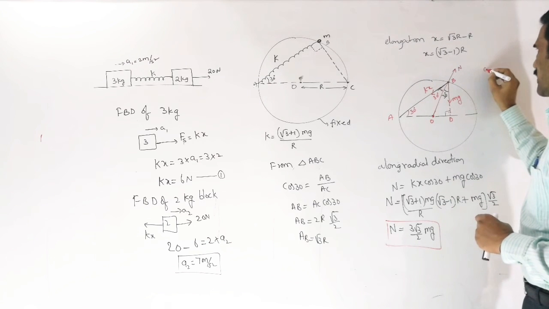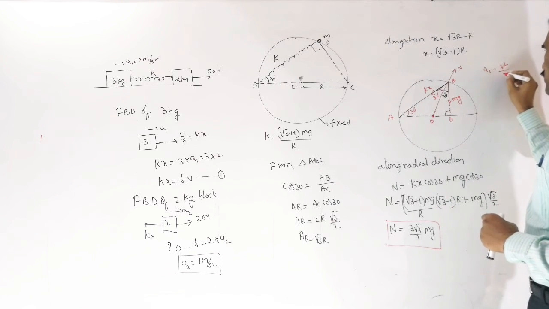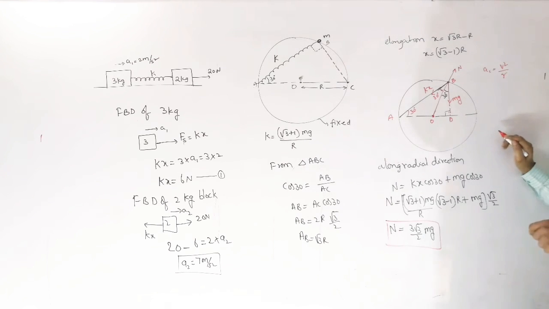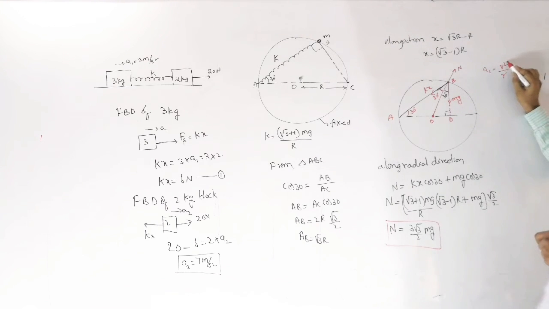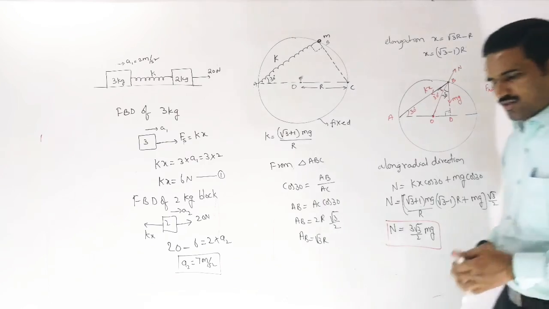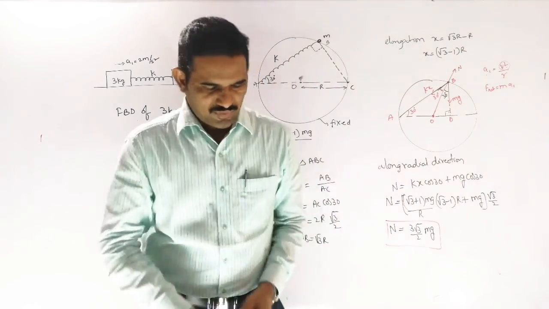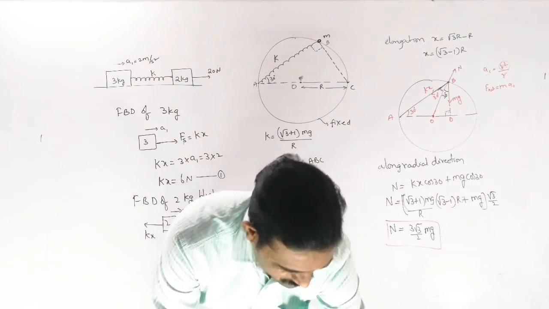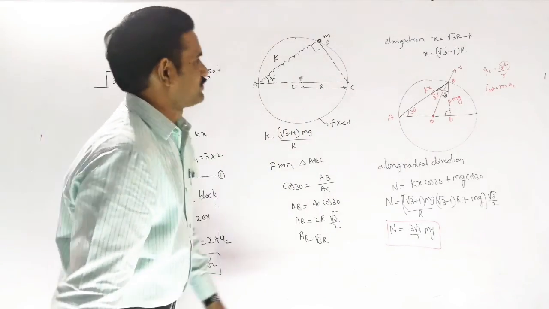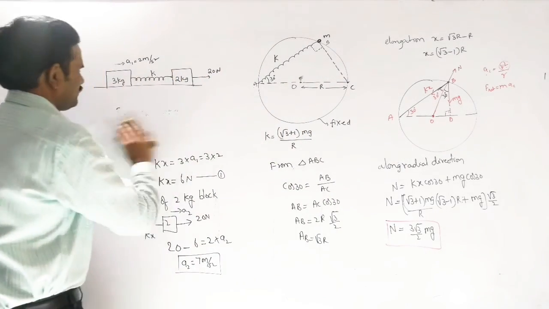But along the normal reaction, what I said here is, we know the centripetal acceleration is v square by r. We are releasing from rest, which means this v value will be 0, so the centripetal acceleration is 0. Centripetal acceleration is 0 means net force equal to mac is 0, so we need to balance along the directions here. So that is the problem, and a similar problem will be there, another problem. So let us see that problem now.